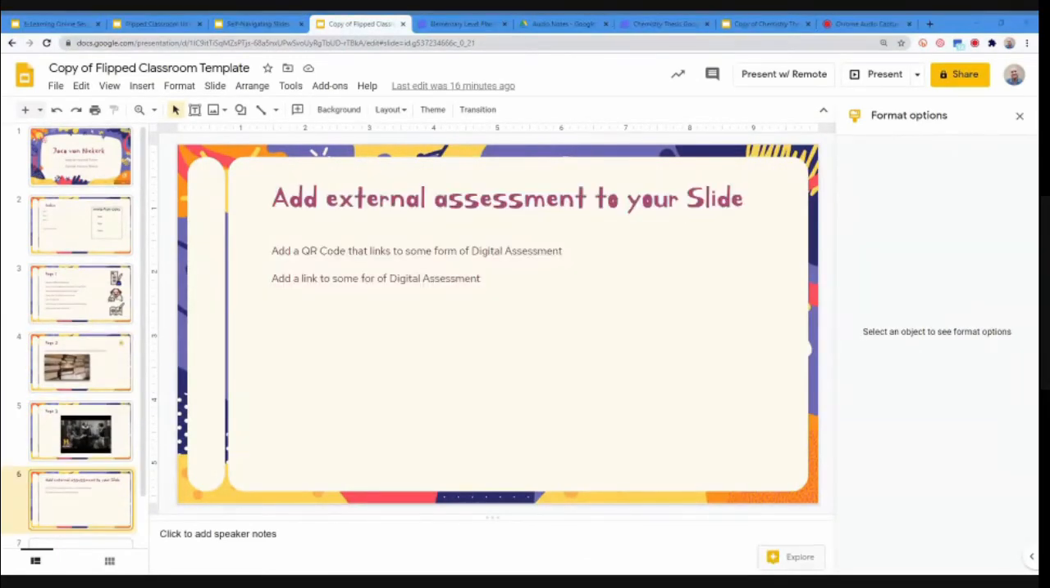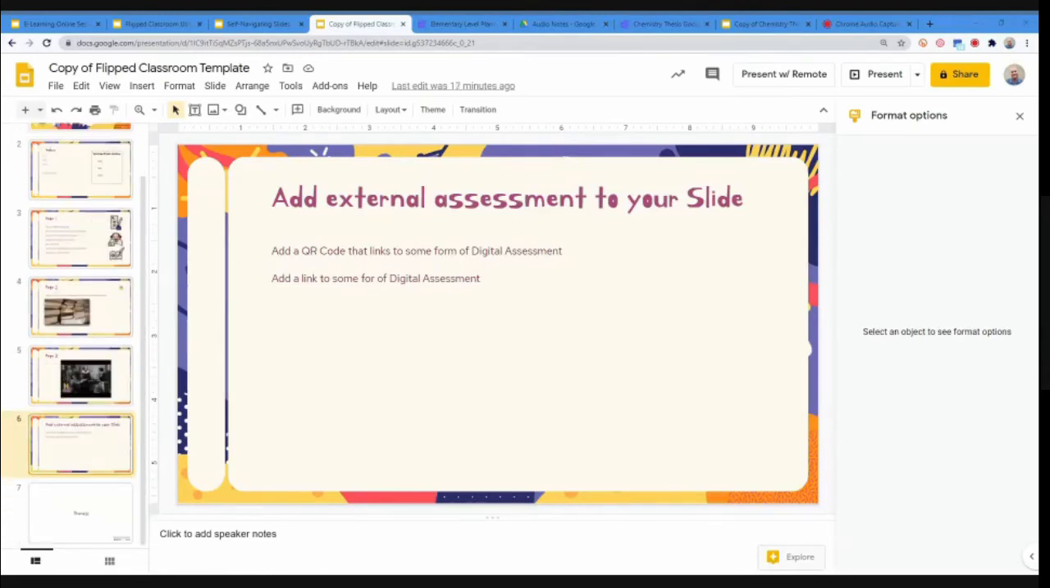So I hope you're all back with me with the presentation. We're moving to the next slide, slide 6 now. Adding external assessment to your slide. Right. So again, when it comes to assessment,